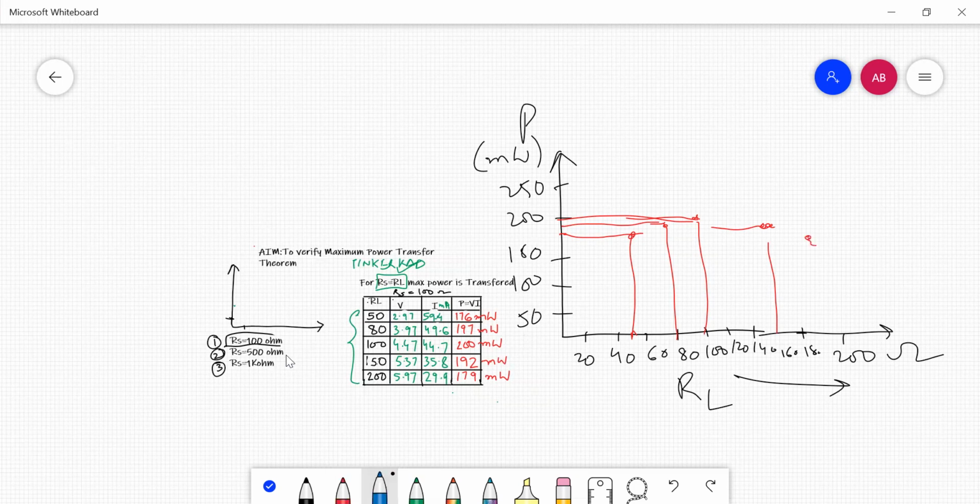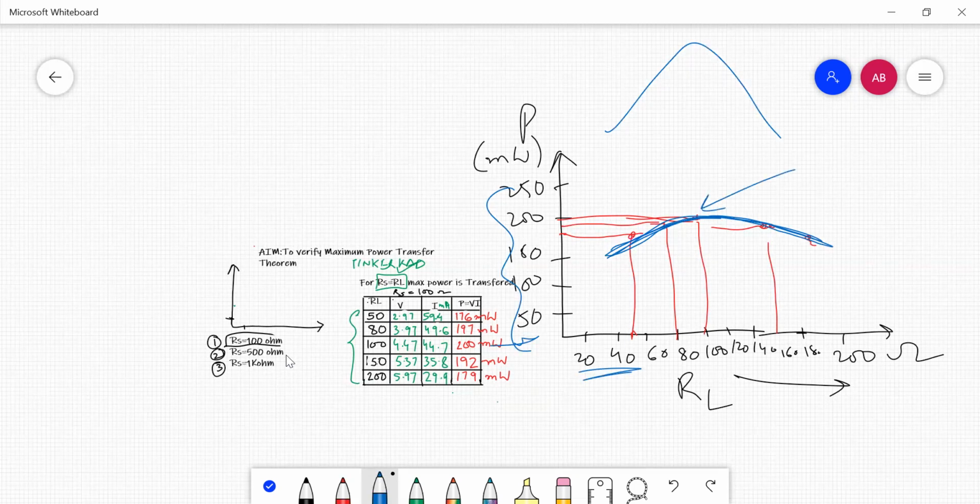Now you are going to join all these points, and then you are going to see the maximum power. Because I have taken fewer divisions here, you can take divisions of 20 each like we did here, and start from 20 onwards. The graph will be somewhat like this, it will be steeper. What you are going to see is that you have got the maximum power corresponding to your 100, and here you are going to write P maximum, where your RS is equal to RL. So this is how you have to draw the graph.